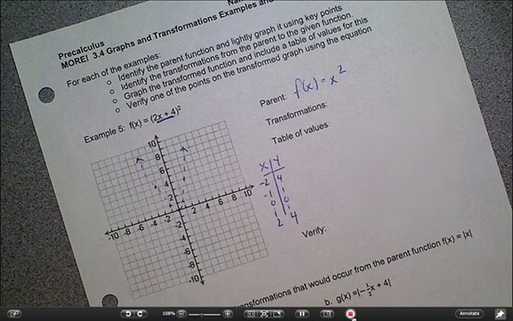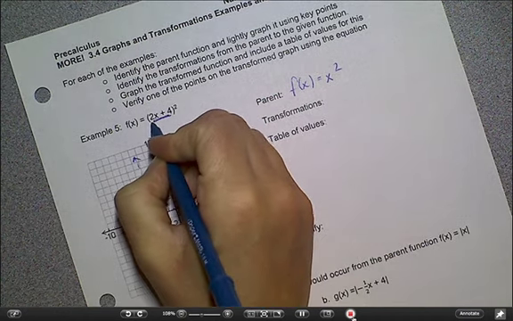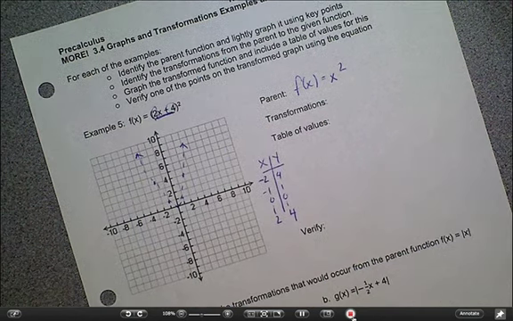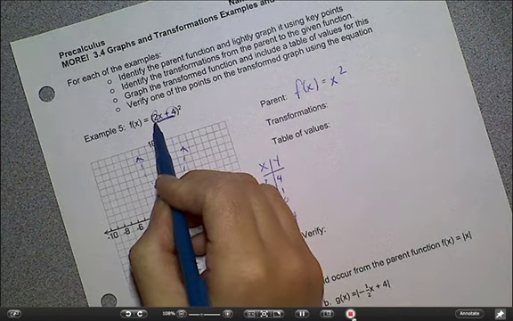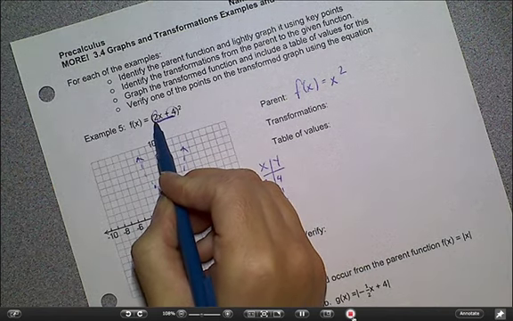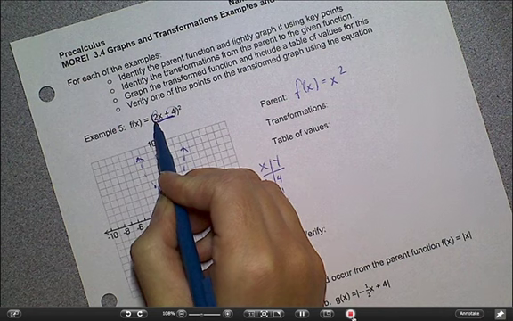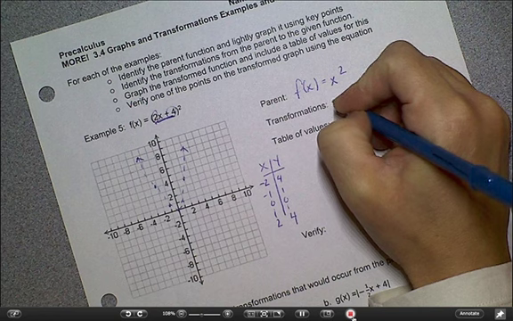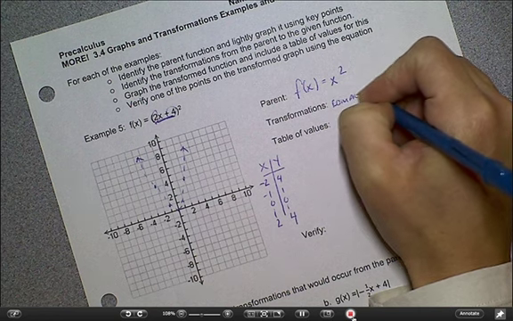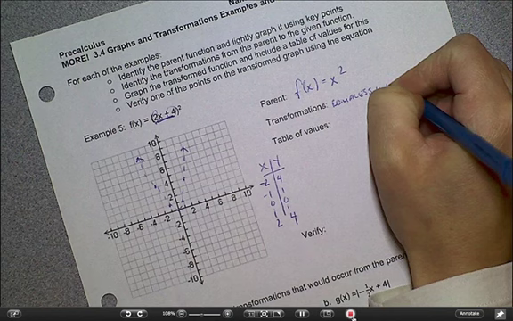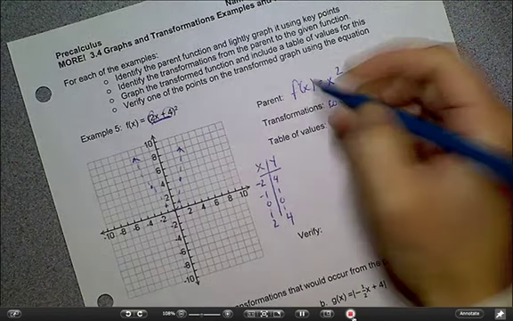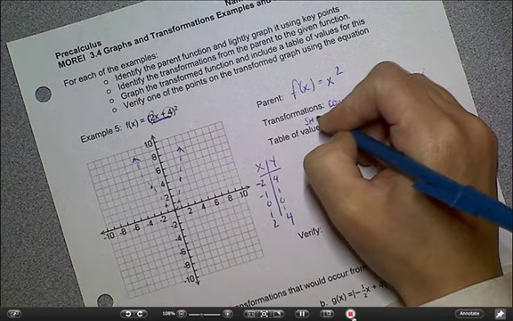So if you want to wait to write it down and just kind of see how this works, you can do that. So it seems like we should go in here and say that our factor of 2 and a plus 4, we should call those a compression by 1/2, because again, horizontal things always work backwards. So if it's multiplied by 2, we'll use that reciprocal and say instead half. So compression by 1/2, and again, because it's plus 4, working backwards would be a shift left 4,